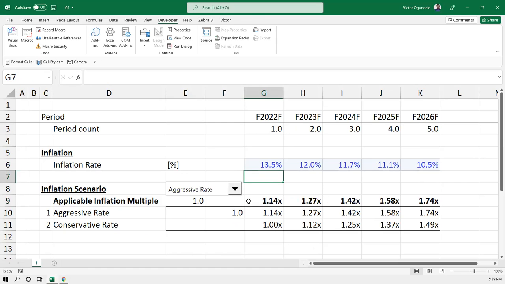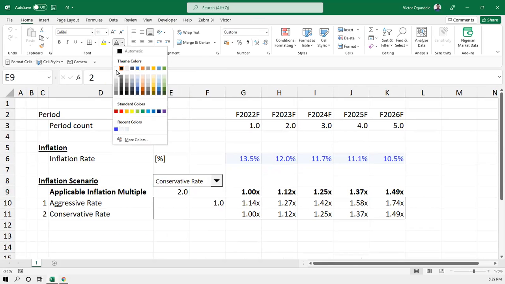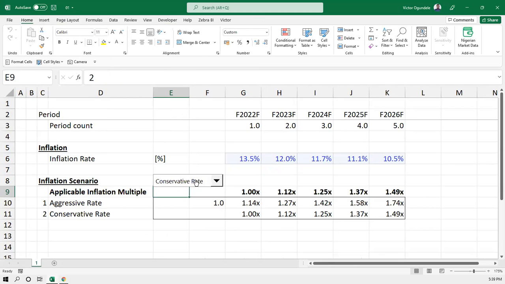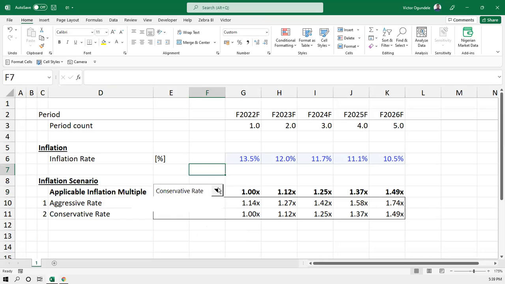If they select the aggressive, you see how that changes. If they select the conservative, you see how that changes as well. So instead of my users typing 1 or 2, let me just make the color the same thing with my Excel. I can just put this somewhere around there, so it's easy for them to select aggressive. You see how that changes. You select the conservative and you also see how that switch